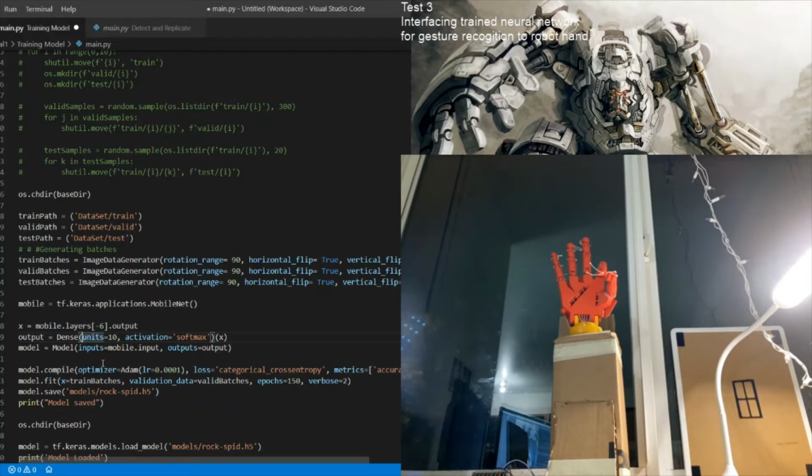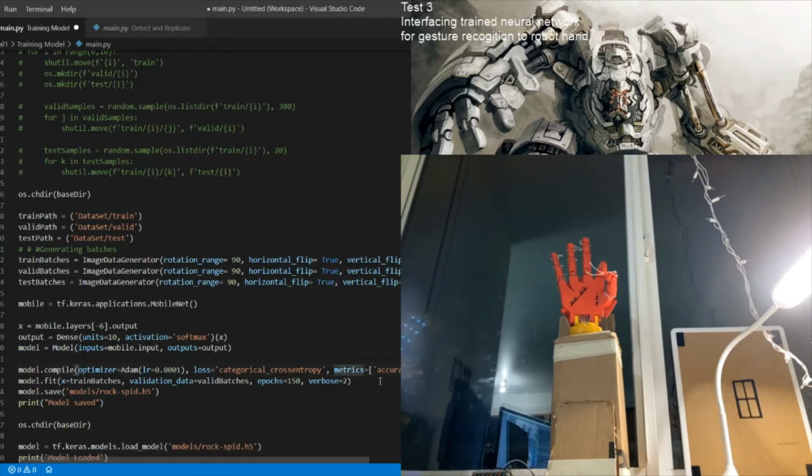Once the model is built, we will train it: we compile the model first with a learning rate of 0.0001 with loss of categorical cross entropy. If there are only two classes, we can use another loss function.